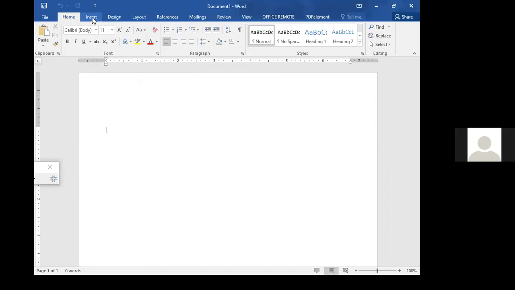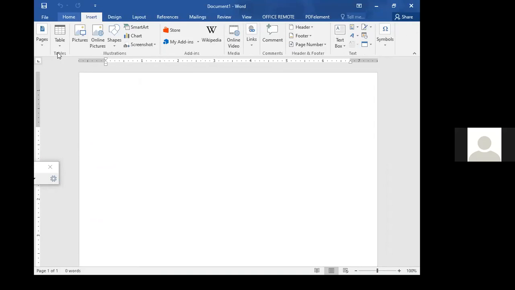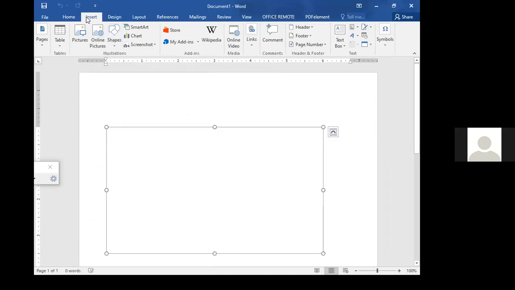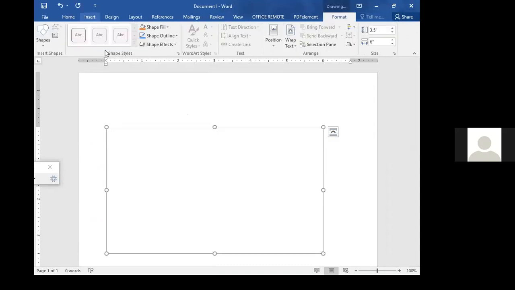The Insert tab is at the topmost part. When you click on Insert, it will open a drop down where you can insert shapes, and you get a drawing canvas like that. So in this drawing canvas, you can now insert anything that you want.